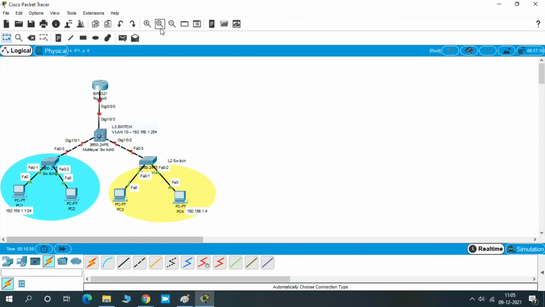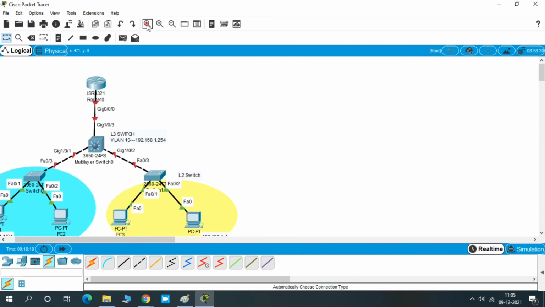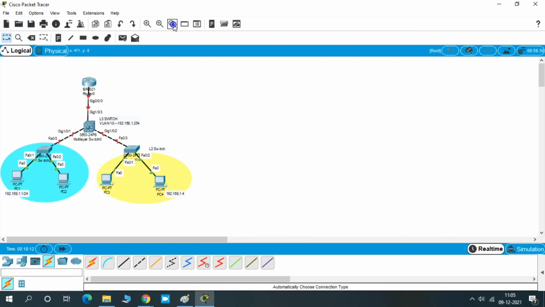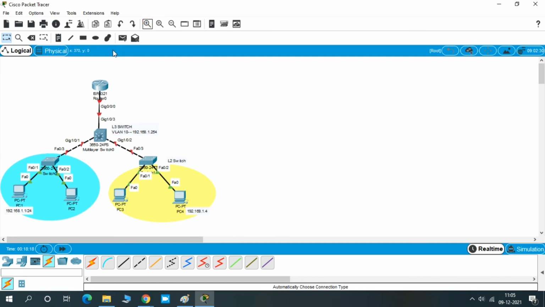In our next video we are going to see what is L2 VLAN and L3 VLAN, and how to configure L2 VLAN and L3 VLAN. So how to ping from PC to gateway, and how to ping from PC to PC on the same VLAN, and how to allow multiple VLANs on a trunk interface. Then communication between two VLANs and troubleshooting steps. These all we are going to see in our next video.